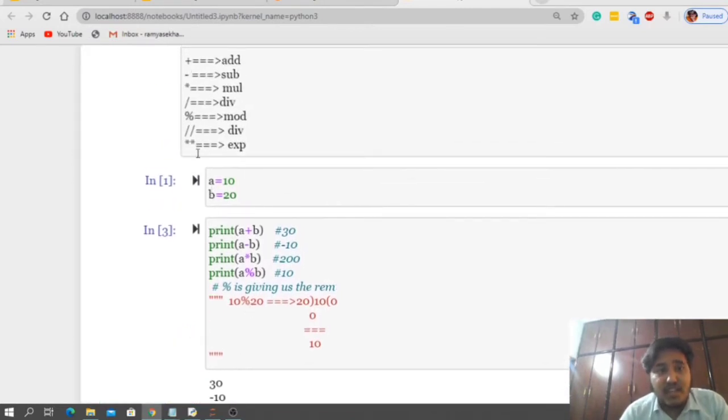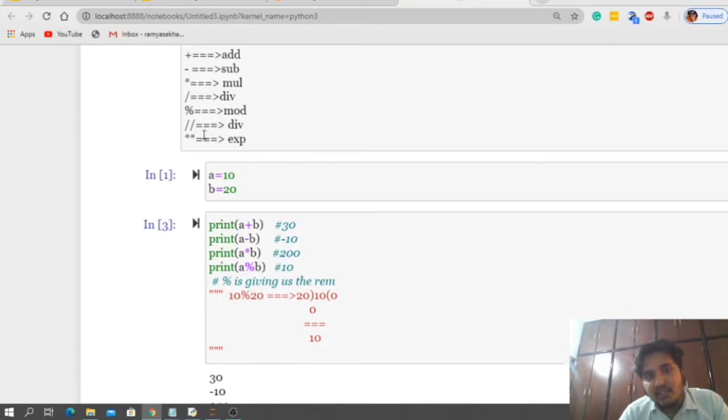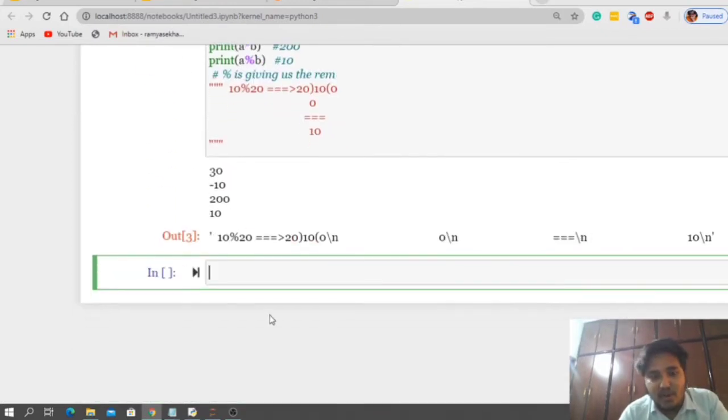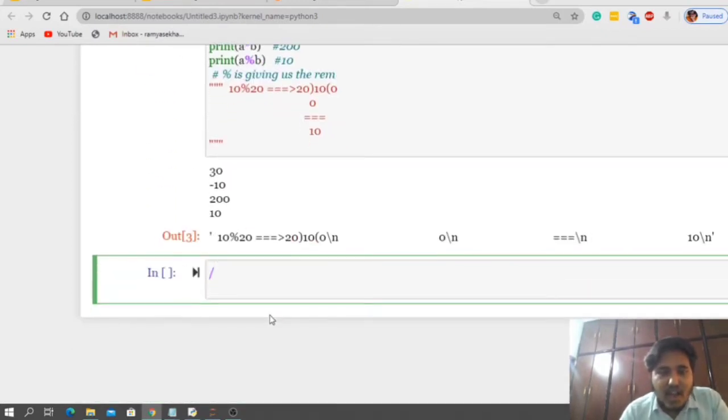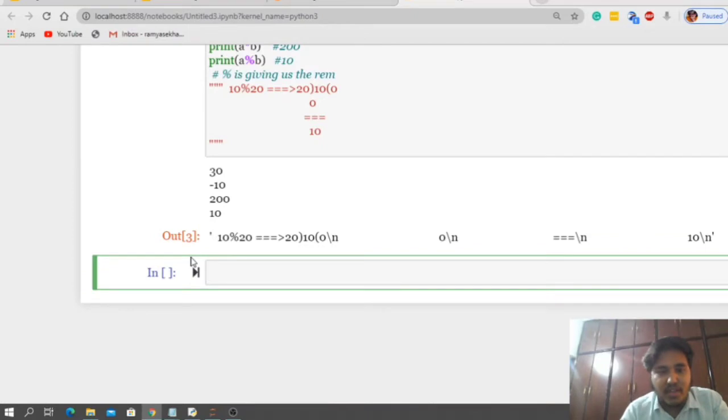Now, these are very basic things we are learning from childhood onwards, but these are very important, guys. What are they? Division and floor division. These two are very important. Let us talk about that. So now I want to print the value of 9 by 3. Can you guess the output, guys? Can you guess the output for 10 by 3?